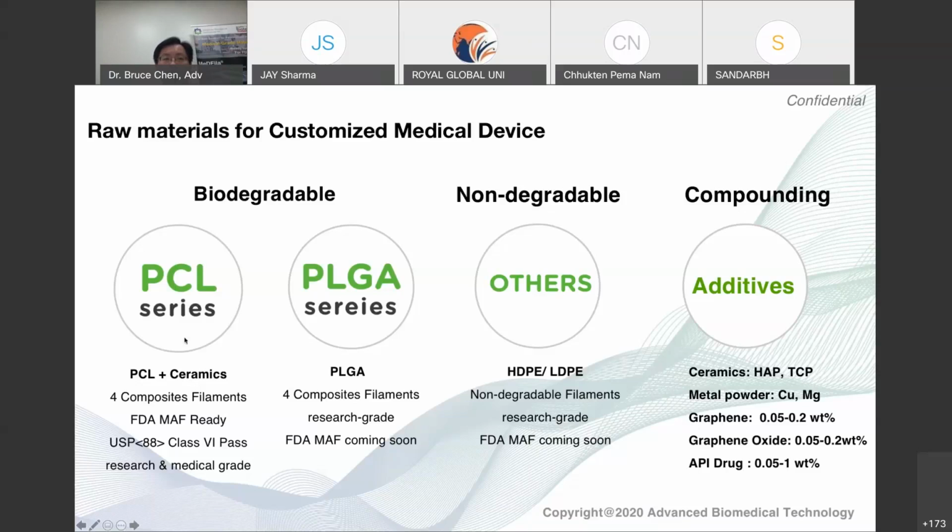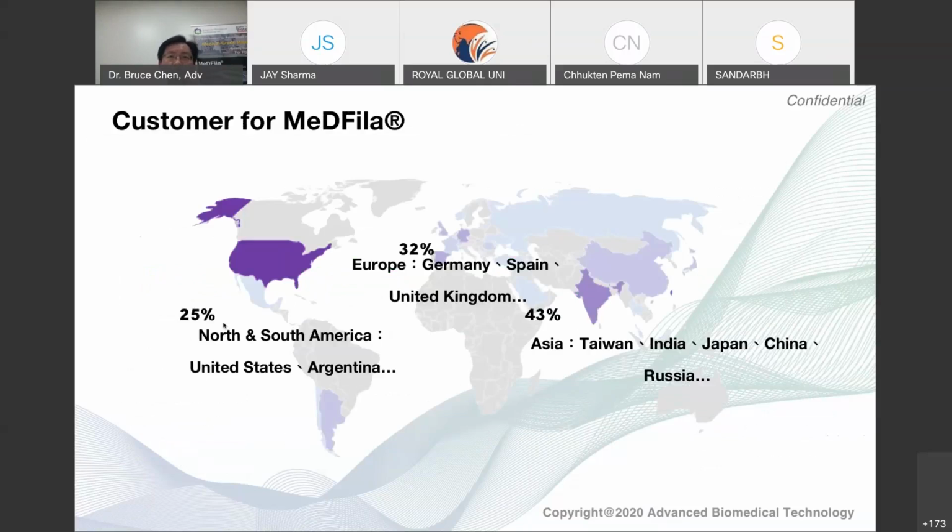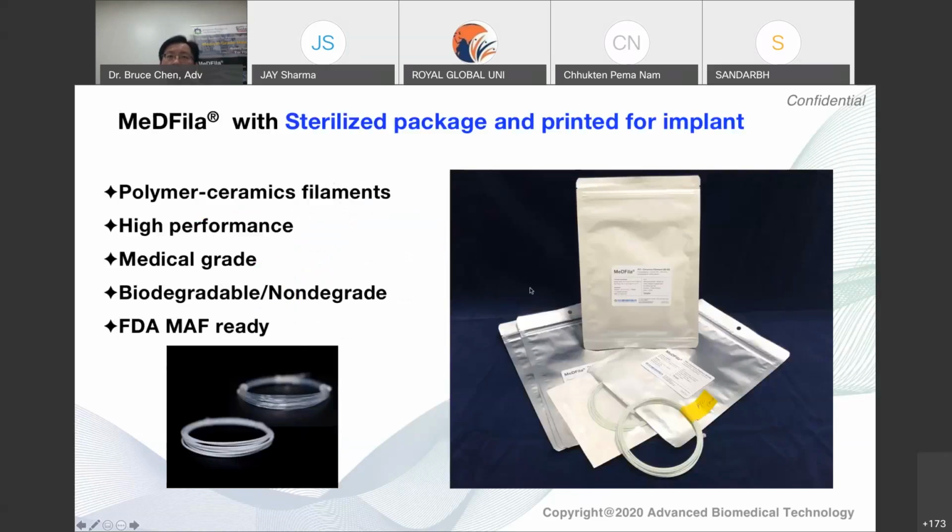Okay, that's our raw material application and some data for you. And right now we deliver the filament worldwide, and we accept online orders, and we can send the product to your office by air mail. You can see our product, we coil it in small quantities, and you can use FDM. Once you have your FDM series, it's all compatible. We can have you print out for your research purposes. Otherwise, we package in aluminum bags, which prevents degradation. So right now it's commercially available, and we can do sterilization packaging for preclinical and clinical studies for other